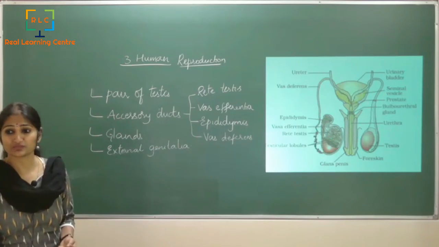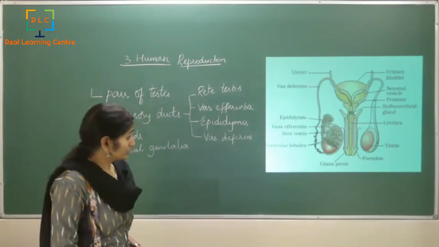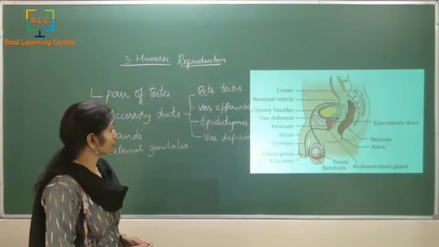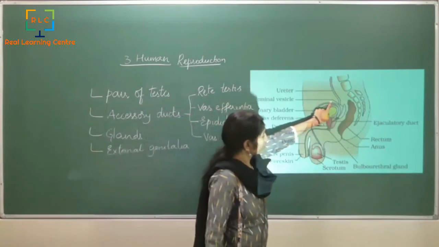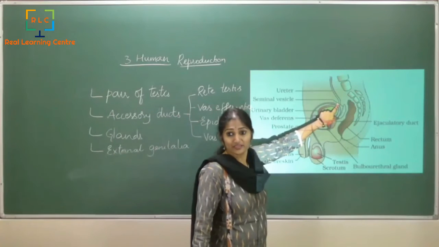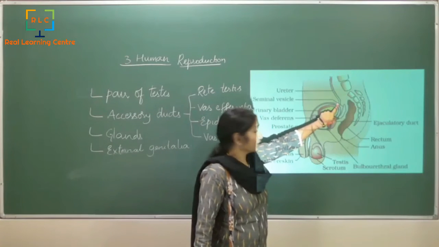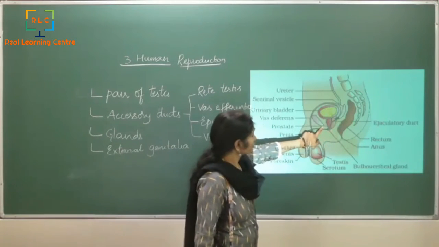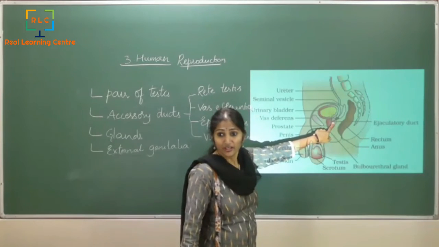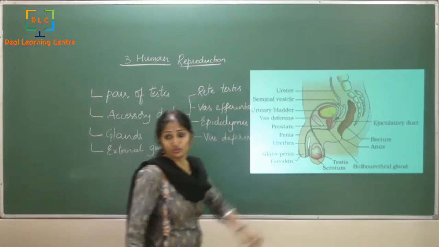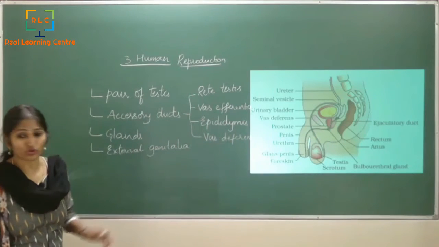Maybe if you see this picture, it would be easier for you to understand. So there is this vas deferens, it goes into a loop around the urinary bladder, and then you see that there is this small duct here which is called the ejaculatory duct, and through the ejaculatory duct it passes to the other part of